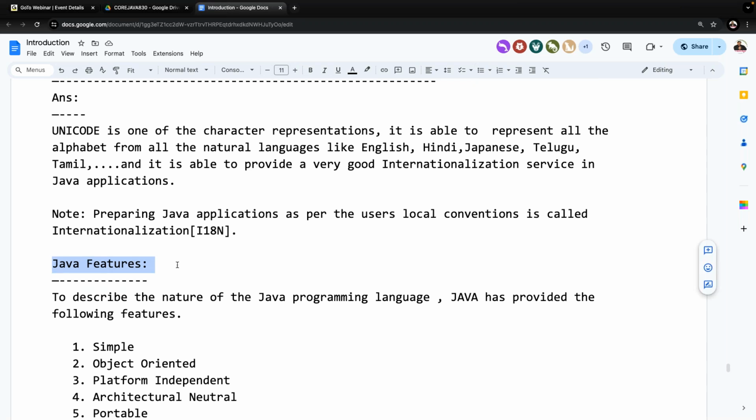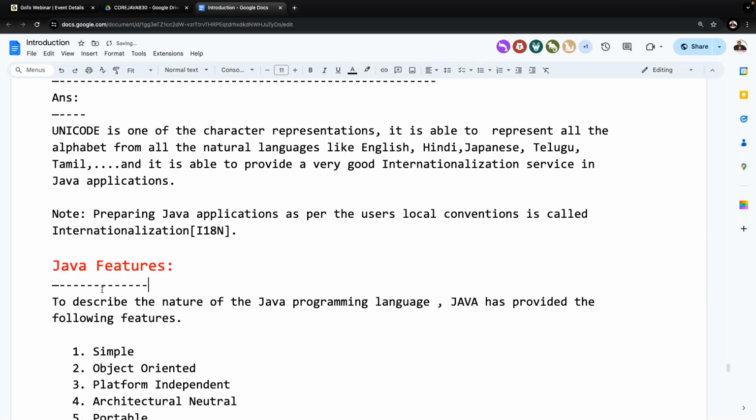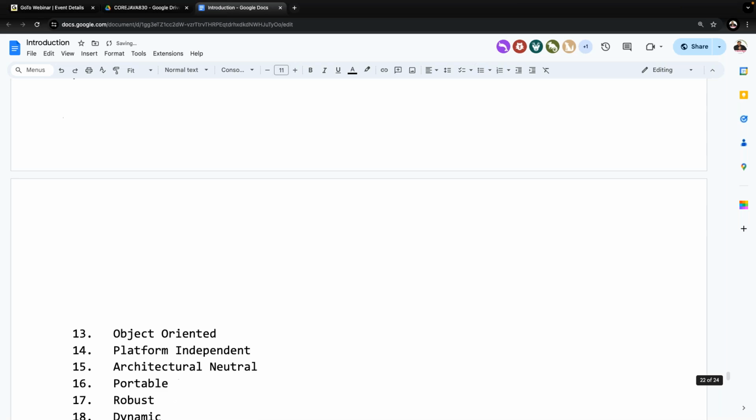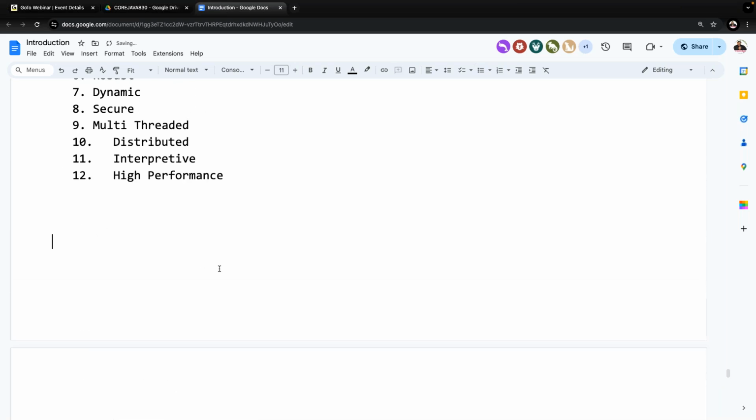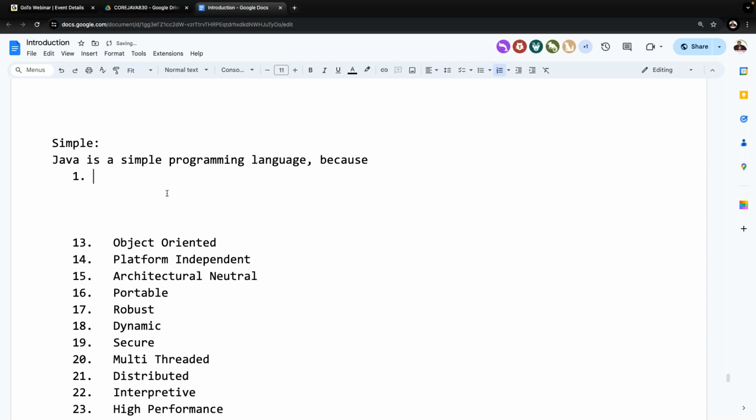All right, sir. Now here we have to understand clearly. Java is a simple programming language. Why? Because, point number one, put concentration here.